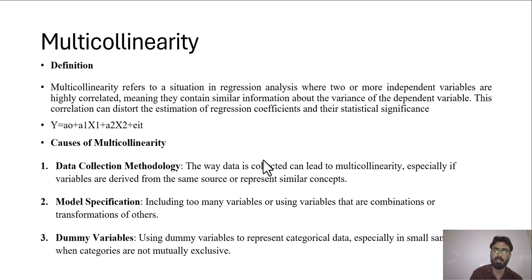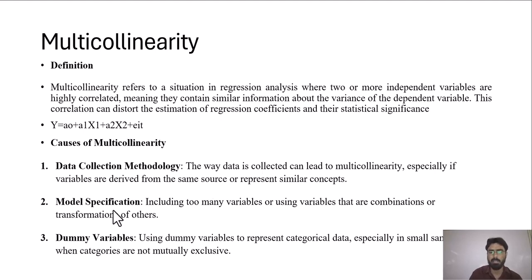Secondly, if you are collecting data from a similar place or similar site, then it also may cause multicollinearity. For example, if you are surveying and you have taken 500 samples from the same university or from the same area, then the behavior of all the people may be the same, and this would cause multicollinearity.